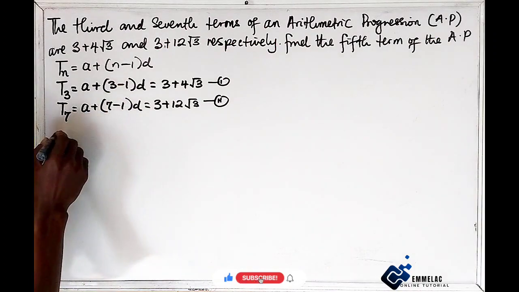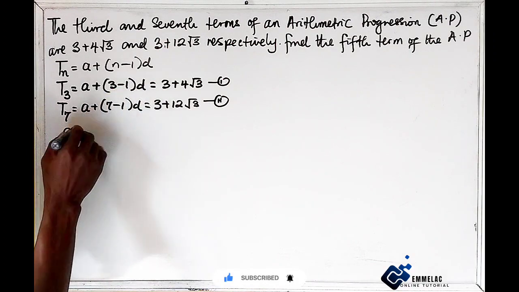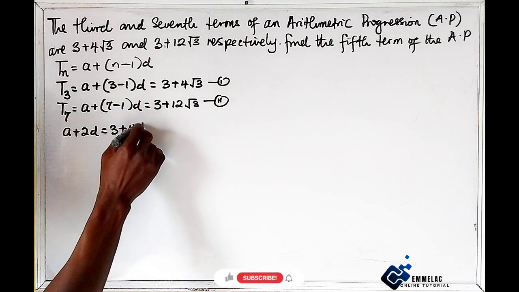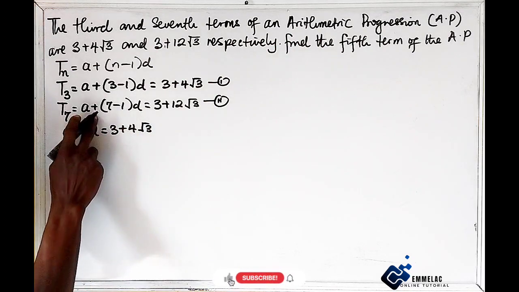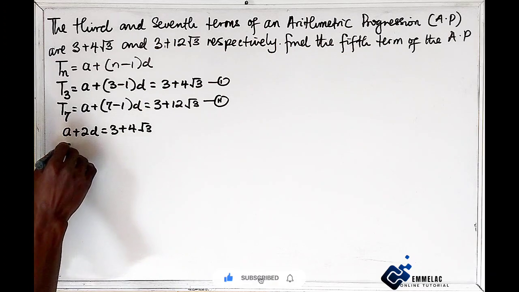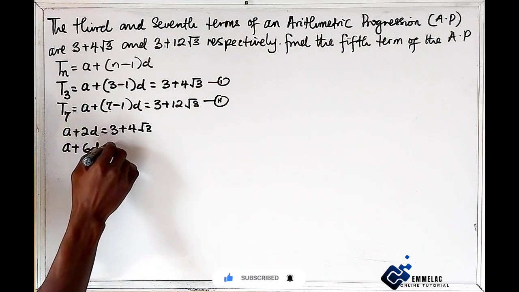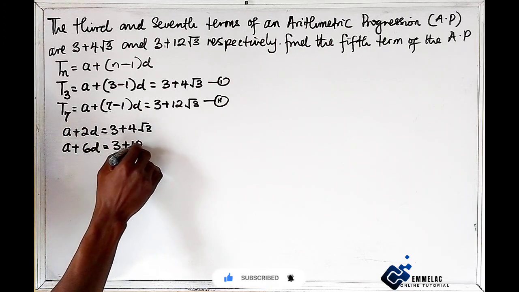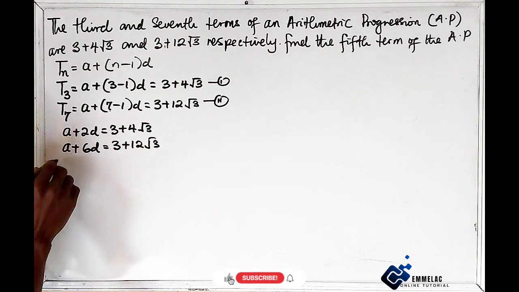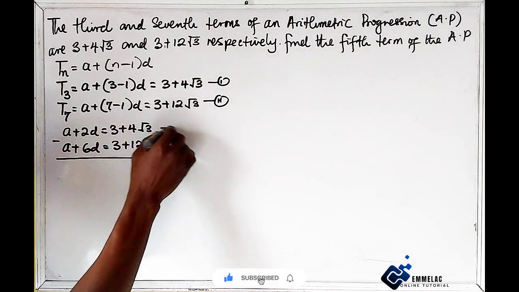Now equation 1 will definitely give us A plus 3 minus 1, which is 2D, equals 3 plus 4 root 3. And the seventh term, which is equation 2, will give us A plus 7 minus 1, which is 6D, equals 3 plus 12 root 3. Alright, to this end, let us subtract. Now, by subtracting